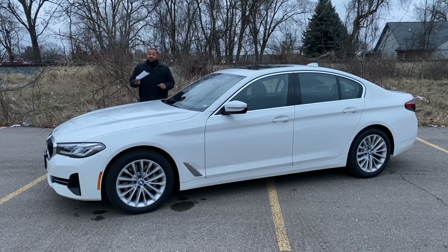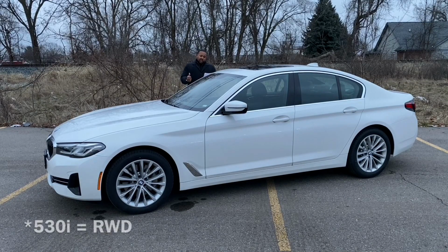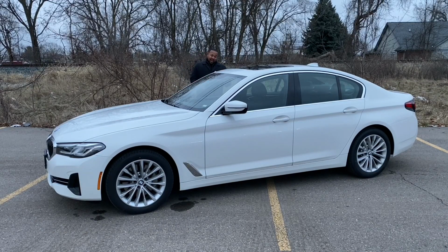My name is Eric, as you all know, and this week's rental is the 2021 BMW 530i xDrive. This is the base model 5 Series for the BMW line. Now there's several more. It starts with the 530i, which means the all-wheel drive. Then there's the 540i, 540 xDrive, all-wheel drive of the 540i. 530e, which is a hybrid engine of the 530, 530e xDrive, then the M550, and of course the M5. But we're not talking about any of those today. We're talking about the base model